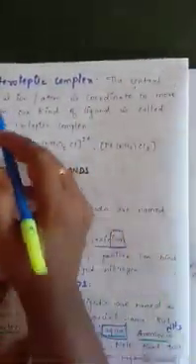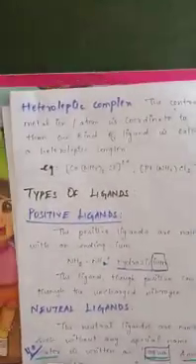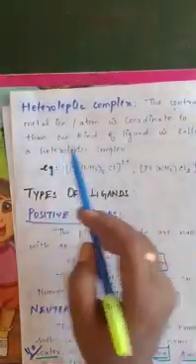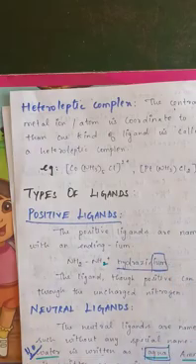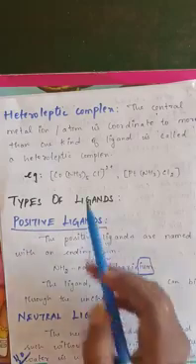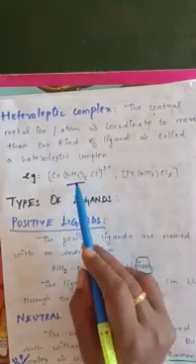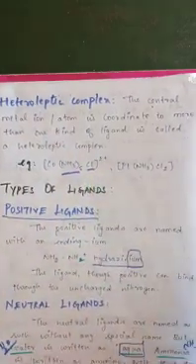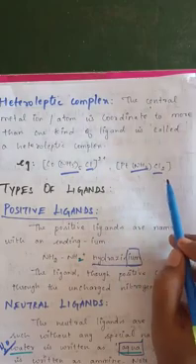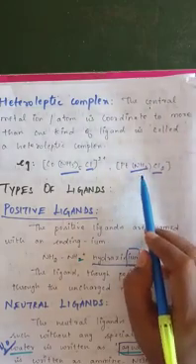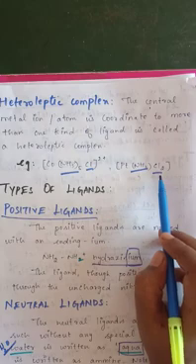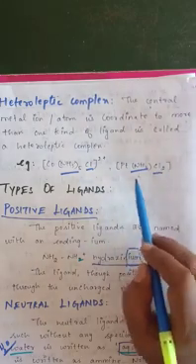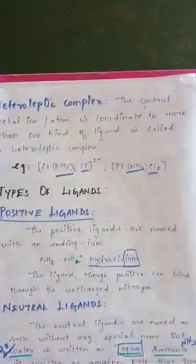At the same time, suppose 2 types of ligand are present, that is heteroleptic. The central metal atom is coordinated to more than one kind of ligand. I told you in the last class, inside the square bracket 2 or more ligands can be there. See here NH3 is present, and Cl will also be there, 2 different ligands. NH3 is neutral, Cl is negative. So this type of ligand mix inside the square bracket is considered a heteroleptic complex.